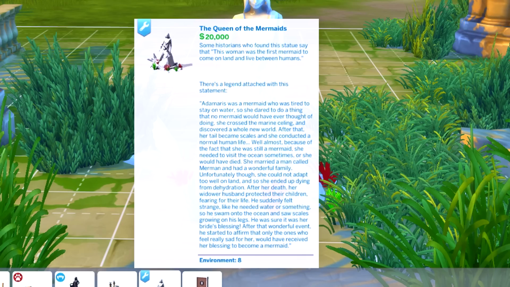Well, almost. Because of the fact that she was still a mermaid, she needed to visit the ocean sometimes, or she would have died. She married a man called Merman and had a wonderful family. Unfortunately, though, she could not adapt too well on land, and so she ended up passing away from dehydration. After her death, her widower husband protected their children, fearing for their lives. He suddenly felt strange, like he needed water or something. So he swam into the ocean and saw scales growing on his legs. He was sure it was